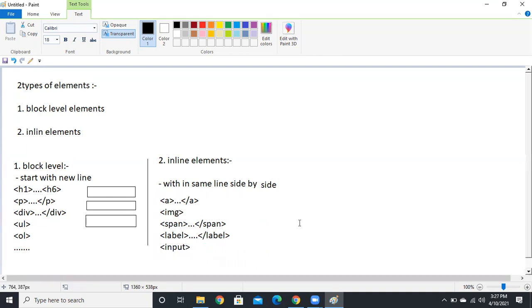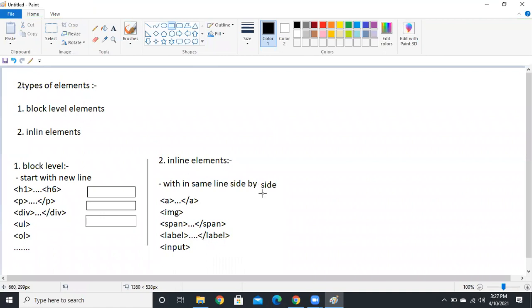So these are the inline elements. The elements are going to display within the same line. So like this. If you want to arrange these elements one by one, we just use the break element or something like that. Break element is a self-closing tag.